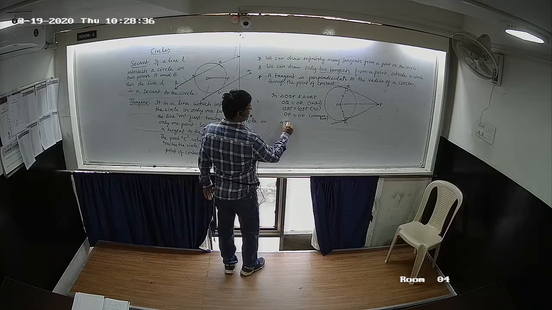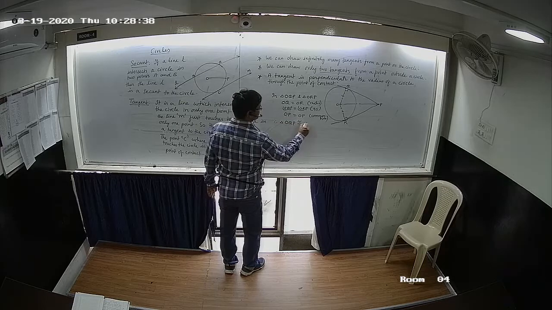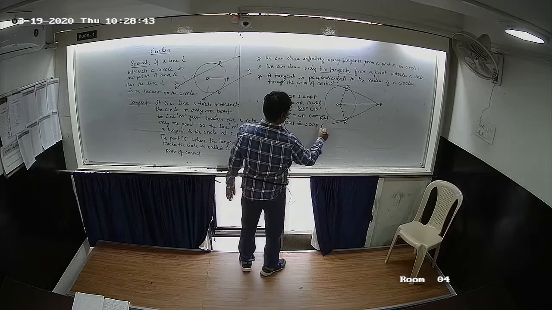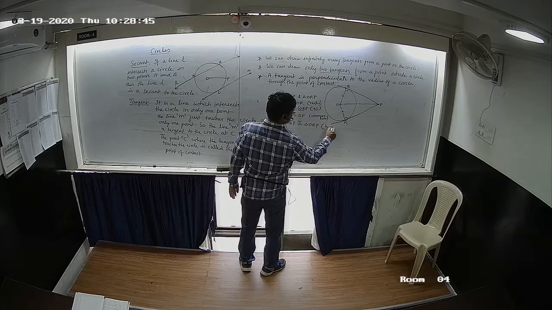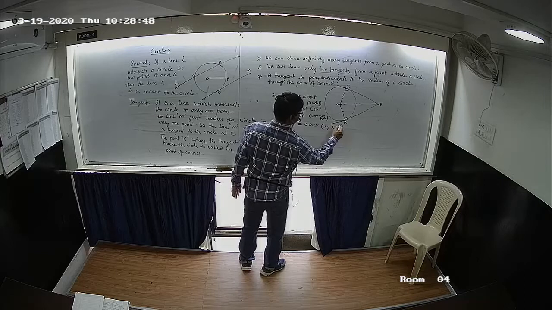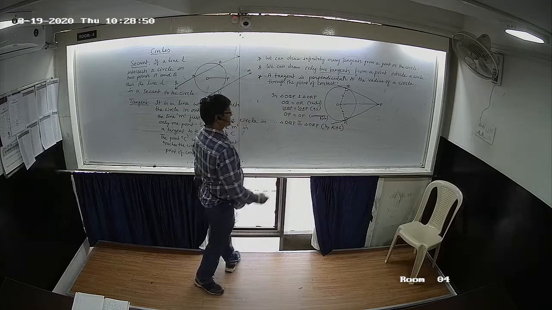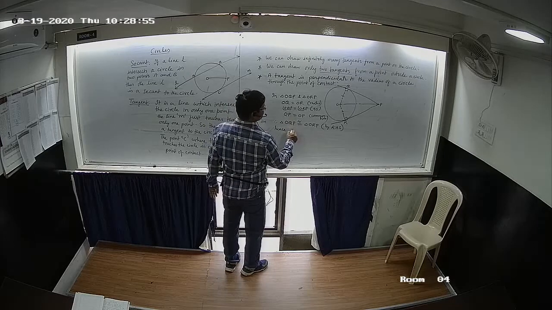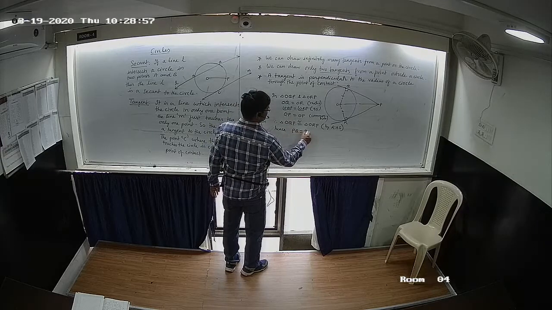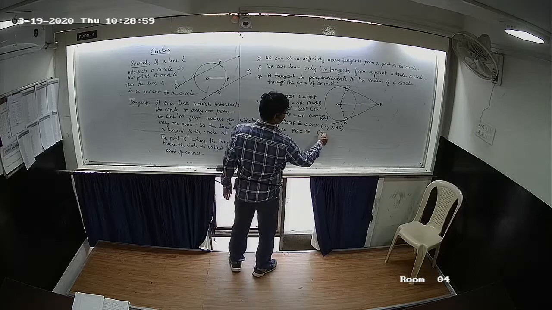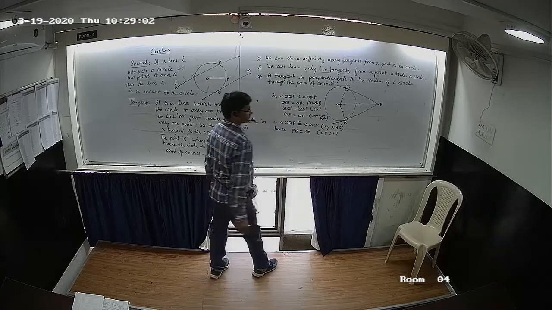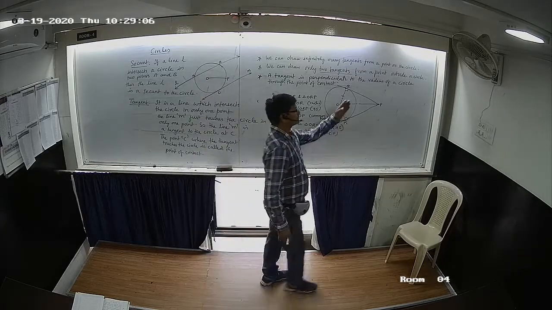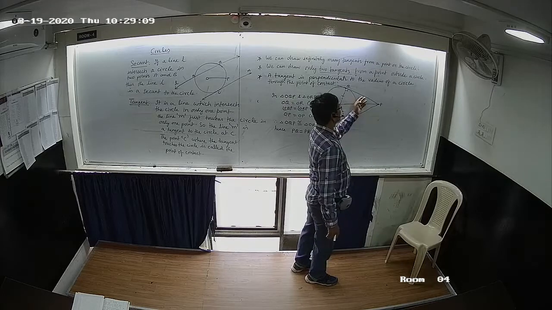Therefore, triangle OQP is congruent to triangle ORP by RHS. So we get PQ equal to PR. Therefore, we see that the line segments or the segments of the